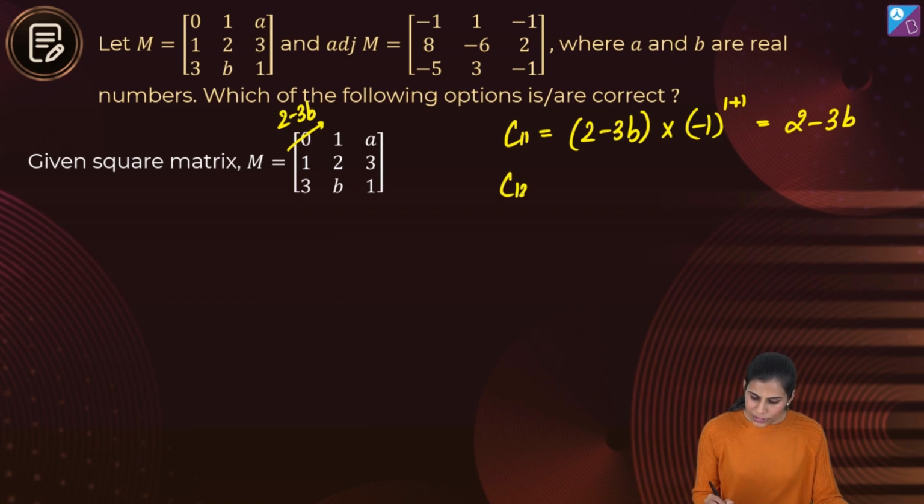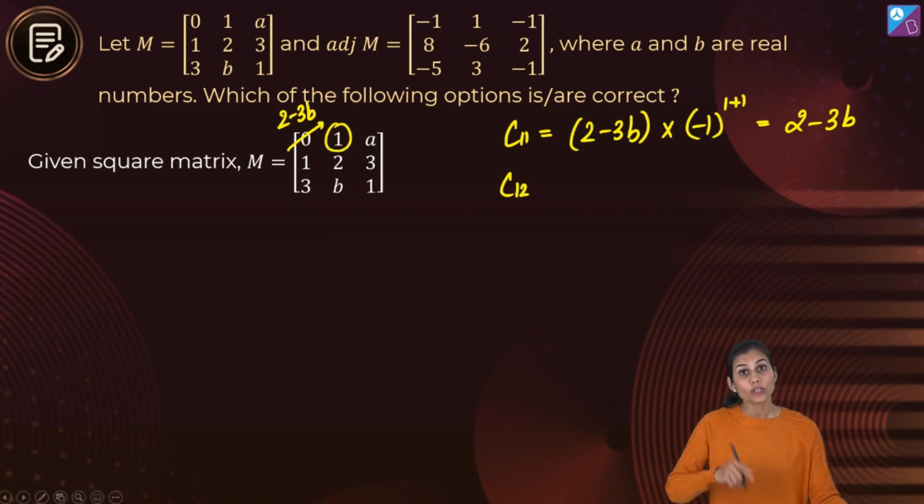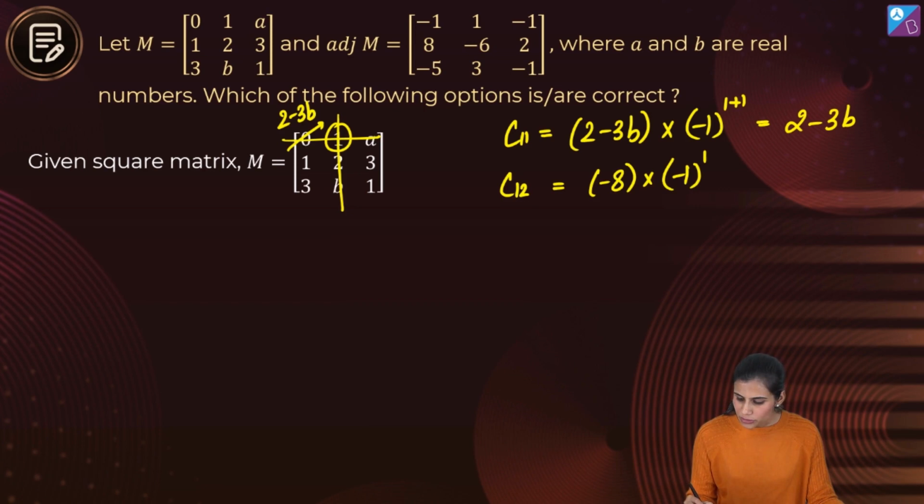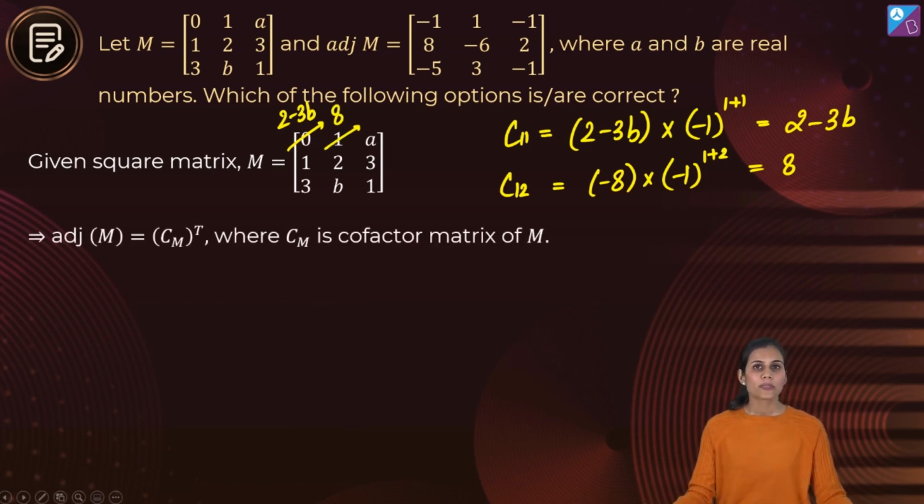Moving on to 1/2th element, which is 1. What will be its cofactor? Well, strike off the first row, strike off the second column. That leaves you with the submatrix 1, 3, 3, 1. Its determinant will be product of diagonals minus product of off diagonals. That means 1 minus 9, that is minus 8. You multiply it with minus 1 to the power 1 plus 2. That leaves you with 8. So 8 is the cofactor of the 1/2th element. Replace 1 with 8. Similarly, you compute the cofactor for every other element, every other entry of M, and that